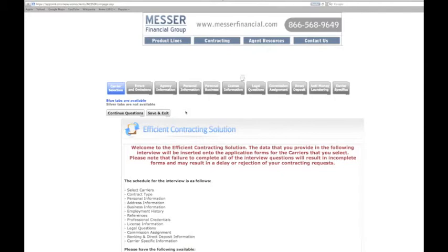Once you select that, you see all of the different contracting questions it'll take you through. This initial process takes about 30 to 40 minutes, but bear in mind you'll only have to do this one time ever. Once this information is in the system, it'll automatically pre-fill any contract that you do from now on. Of course, if your address changes or anything else, you can always go back in here and change things, but this will save all of your information